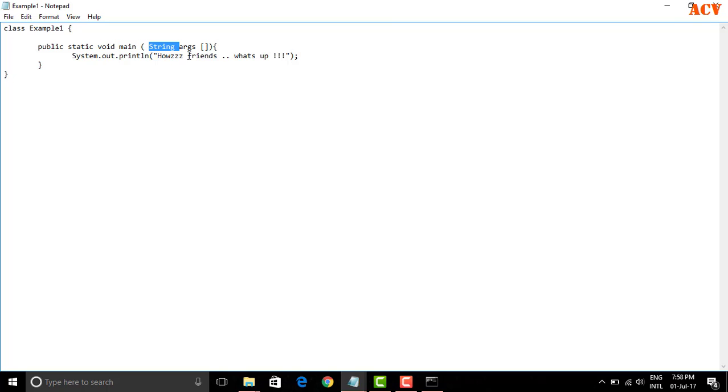String args takes all the values in an array, which is why we write this array. Then open the curly braces and write System.out.println, an input output method, where out is its object and println means